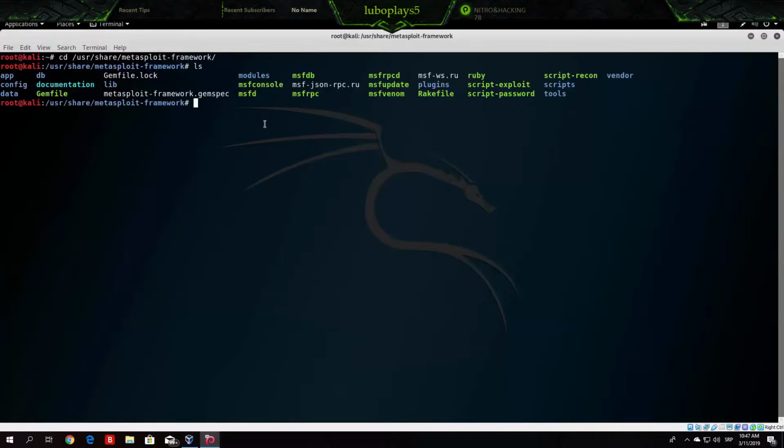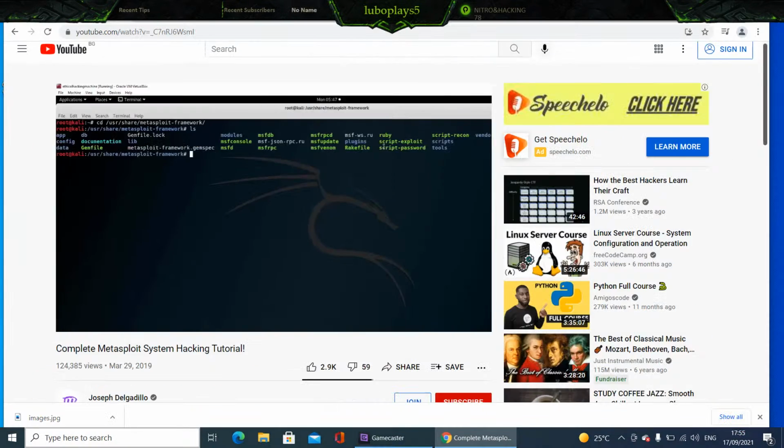Now, one of the also important ones is the MSF Venom. Now, this program we will use in order to create our payloads, our interpreter shells and backdoors. So we do that with this command like right here, and also you can update your Metasploit framework with the MSF update command. Most of the others are not so